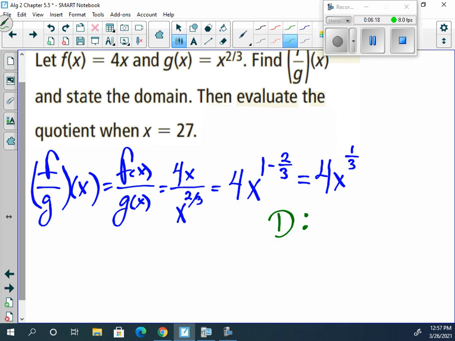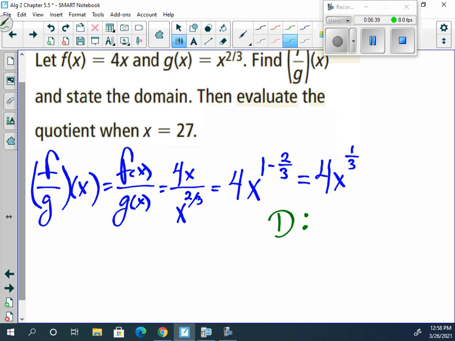I would agree with that, yes. But we've got even more than that. The reason we said x is greater than 0 and all the rest is that we actually took an even root. Now, we can take odd roots of negative numbers. It works out just fine. So the 1/3 is telling me that I have 4 times the cubed root of x, which makes it an